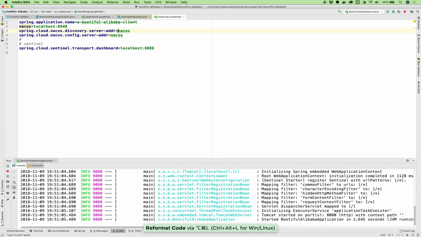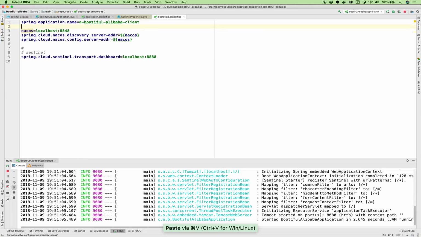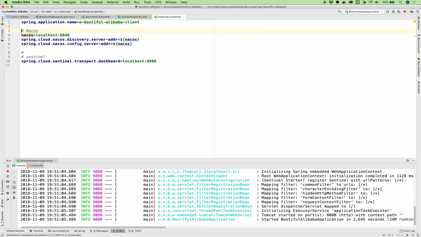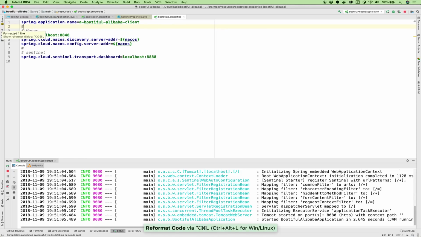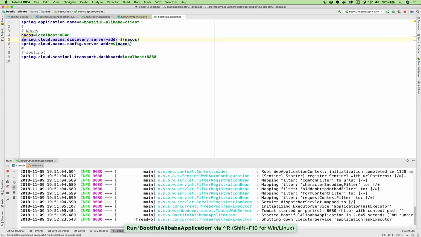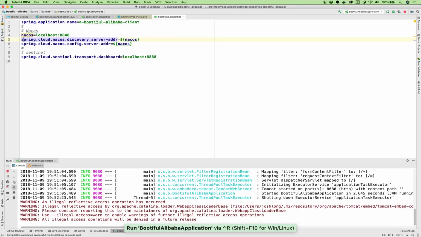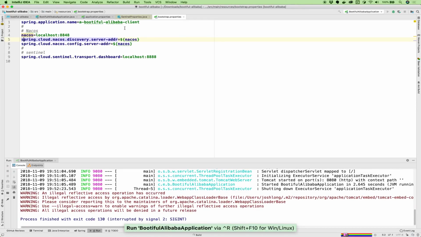Okay, and like that. Good. So there's our configuration for Nacos. What else do we need? I guess that's it. That's enough to tell it where to find our registry. So let's go ahead and restart, and then we've got this long-winded but unique name now.